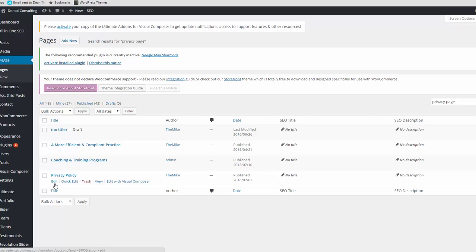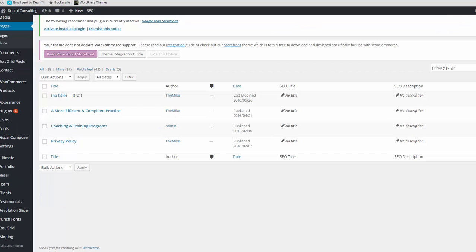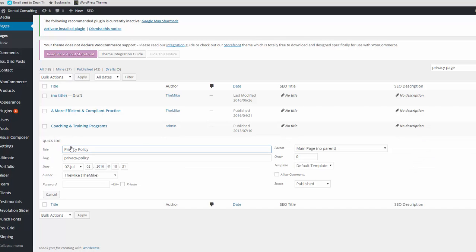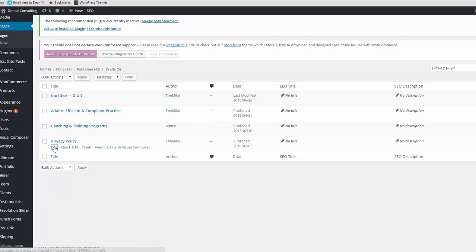So we have edit, we have quick edit, we have trash, we have view, Visual Composer. Now we're all going to gravitate towards quick edit, and just to rain on the parade, it doesn't really offer you much. So we're going to have to go to edit, and don't worry, because before you did all this,